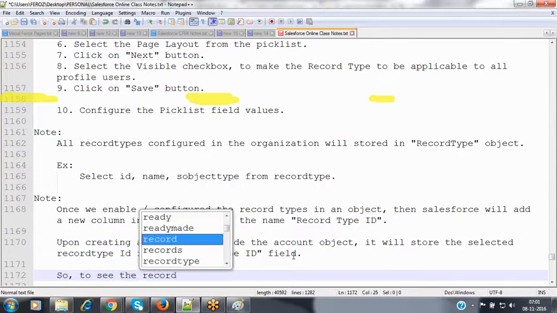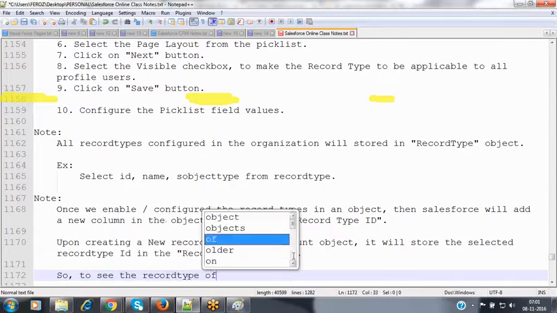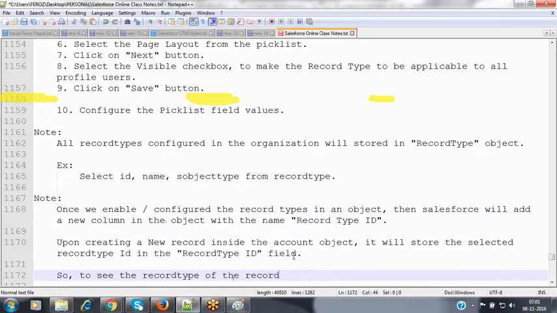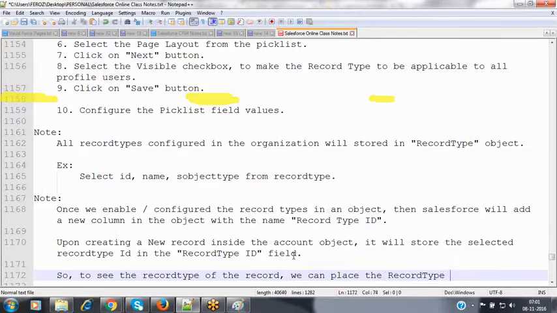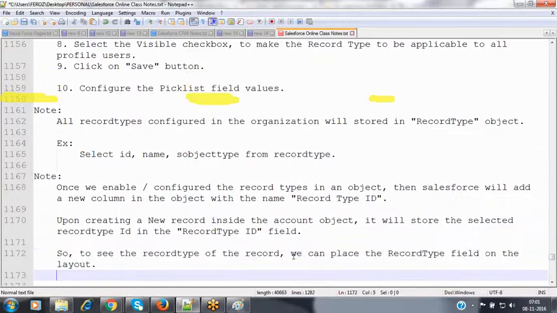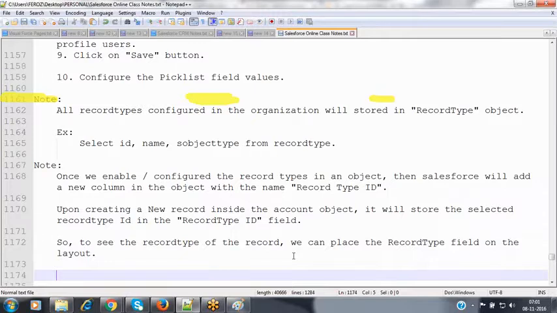To see the record type of the record, we can place the record type field on the layout. Then how can we place that field on the layout?